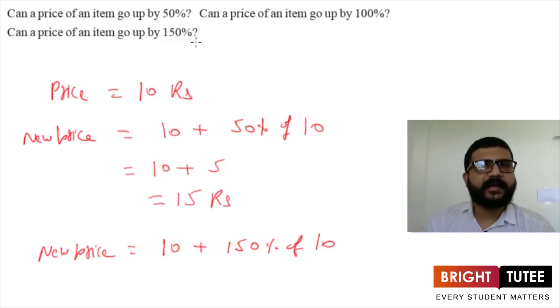So here a percentage greater than 100 makes sense. So it will always depend upon the situation. If we are taking a part of something, it can't be more than 100%. In that case, a percentage written more than 100 will not make any sense, but here in this case it makes sense.